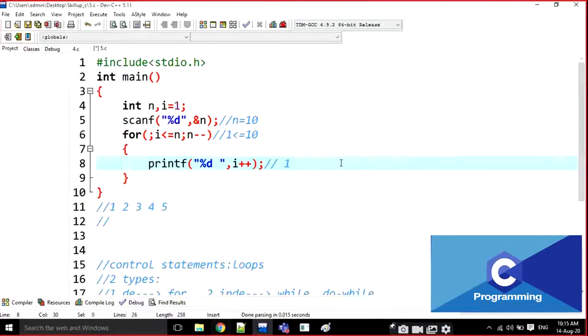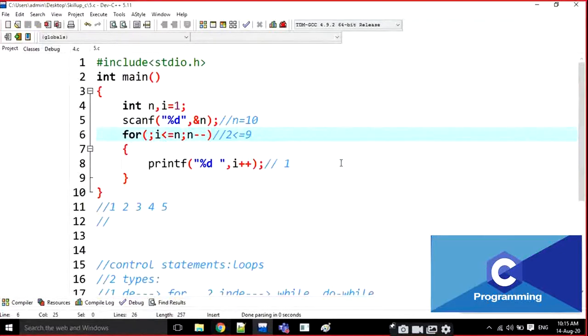I value is 1. 1 is printed. Then I becomes 2. 2 is less than or equal to 10. Is it true or not? Then it is coming here, then n becomes n minus minus. Then n becomes 9.